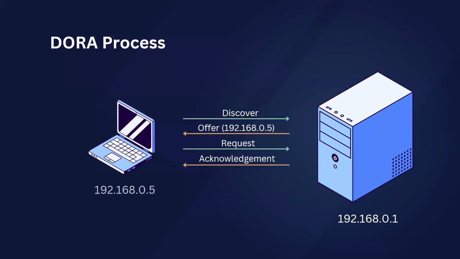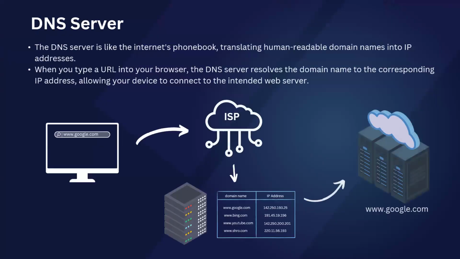So once again, this is the DORA process slide. Here is DNS. So when I search for google.com in my browser, that request goes to the ISP first. ISP has its own DNS server. And in that DNS server, there are multiple records. Google.com located on so-and-so IP. Bing.com so-and-so IP. YouTube.com so-and-so IP. Shrow.com so-and-so IP. So for every domain, they have a public IP linked with it. And with that public IP, once it gets to know that this is the public IP, then it reaches the